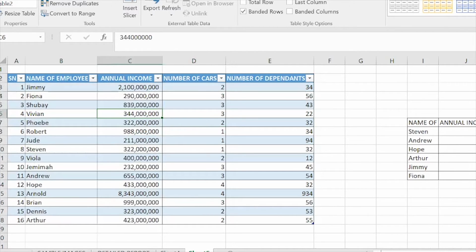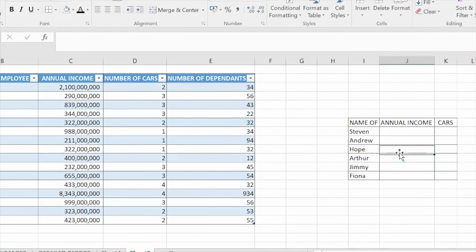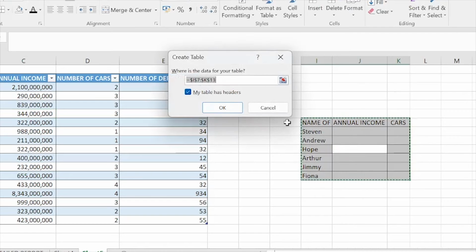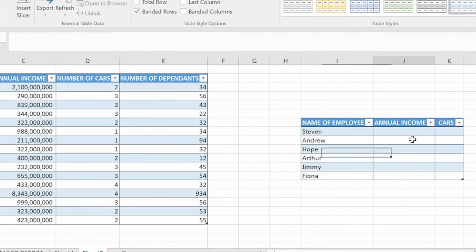Yeah. So I'm going to do the same for this. I'm going to say Control A, Control T also. Then my table has headers. I'll click OK, and now that's the Excel table. I always use Excel tables when it comes to index match. It is more efficient, easier. You are sure that you have included all the data. Now these are in cases whereby you have too many data sets. Because when it comes to the other,